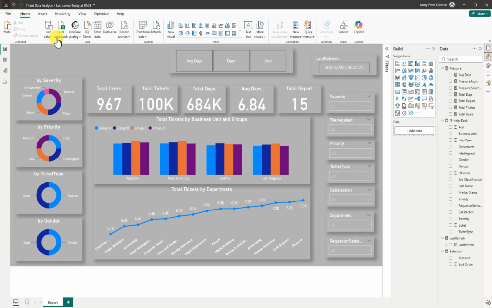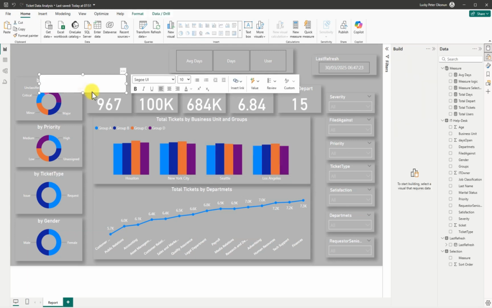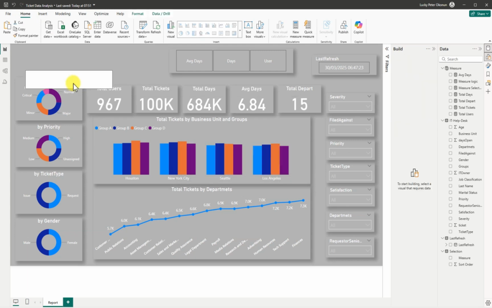So the last thing that we are going to do before we call it a day is we are going to put our title, which is going to be ticket analysis. So we just wait for it to continue loading. To save. Then we just have this. Then we just have this here. So we just move this somewhere around here, which is good. Then we call it